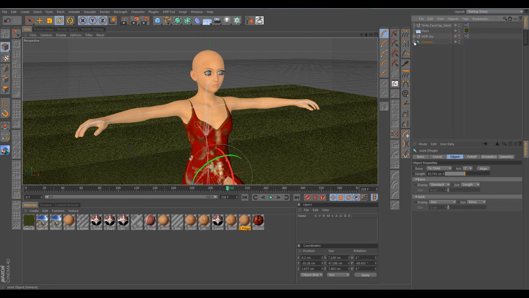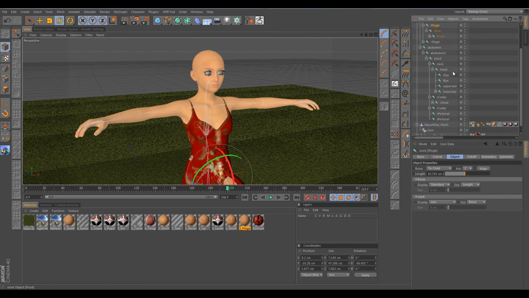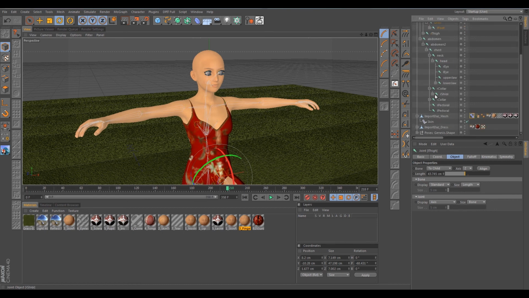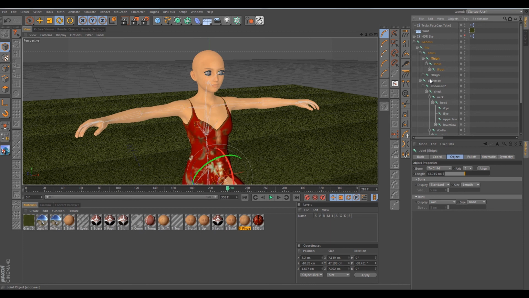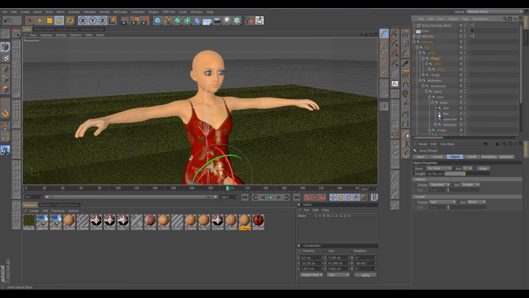And to be on the safe side, we want to export this out in such a way that we don't really have a lot of information that MotionBuilder has to deal with. If you leave a lot of this stuff in here, MotionBuilder is going to take forever to load up your FBX file, and in the case of these poses, it could just get really ugly. So what I like to do,